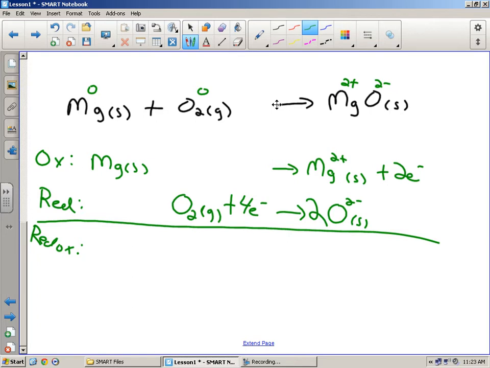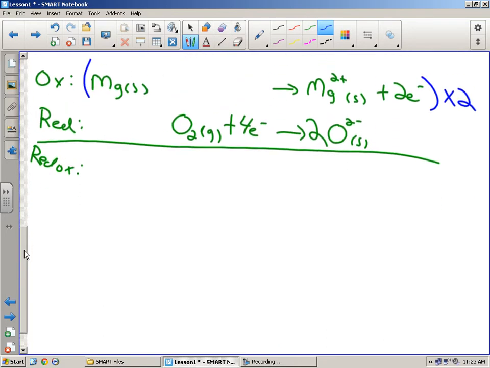But remember, the electrons that I lose have to equal the electrons that I gained. That's not the case so far, because I'm losing 2, but I'm gaining 4. That doesn't add up, doesn't match up. So you're going to take this one here, and you're going to multiply it by 2. Okay? Because I need to lose 4 electrons. That means I must have 2 of those oxidation half reactions taking place for every one of the reduction ones to match up. Okay? Writing down the final product here,